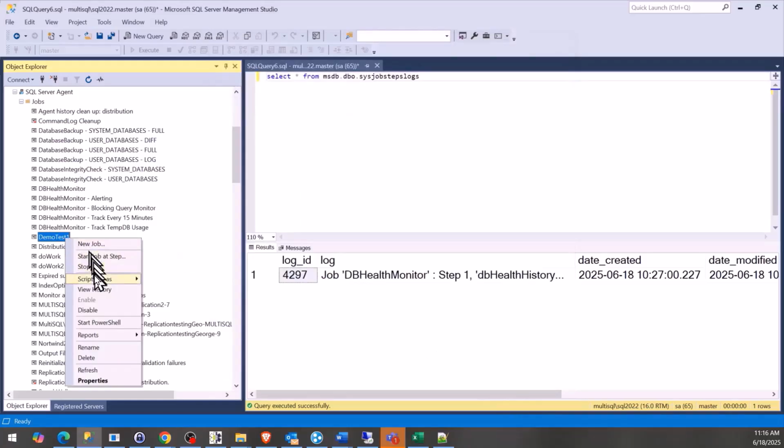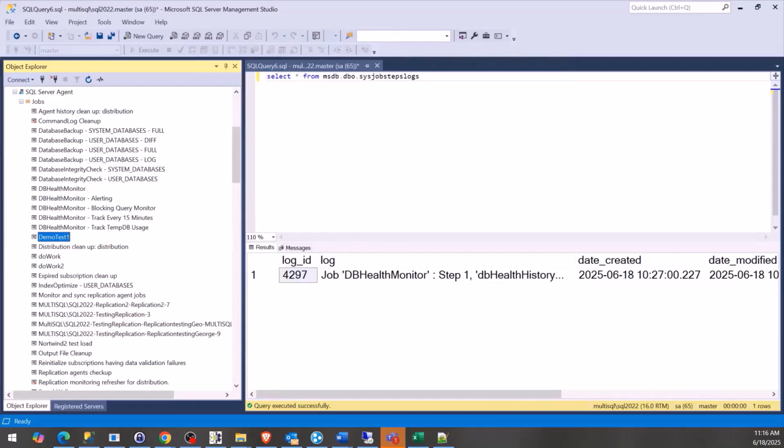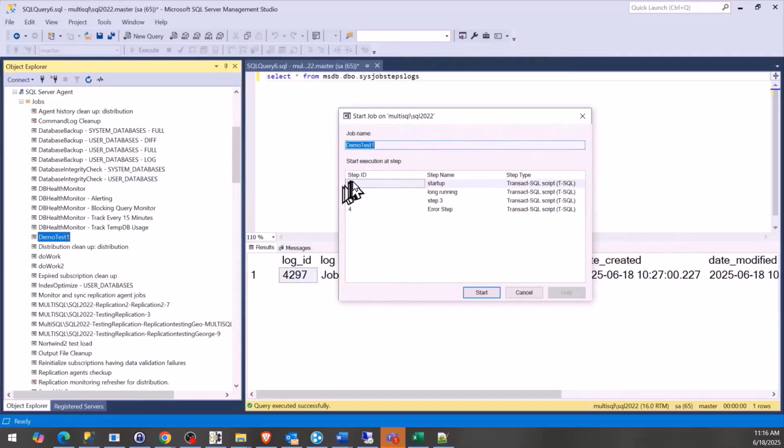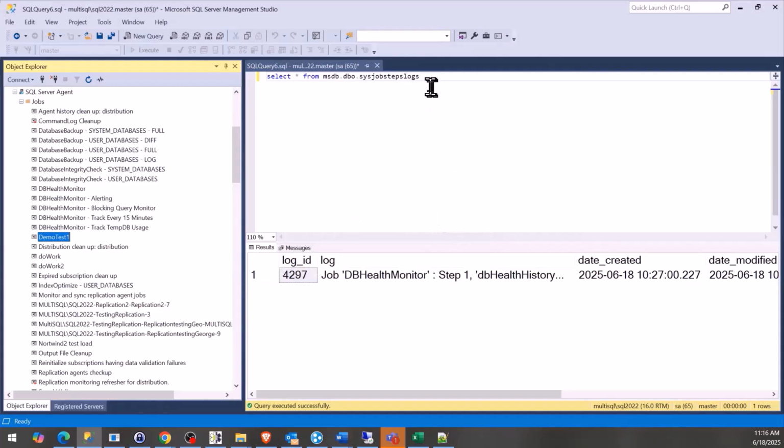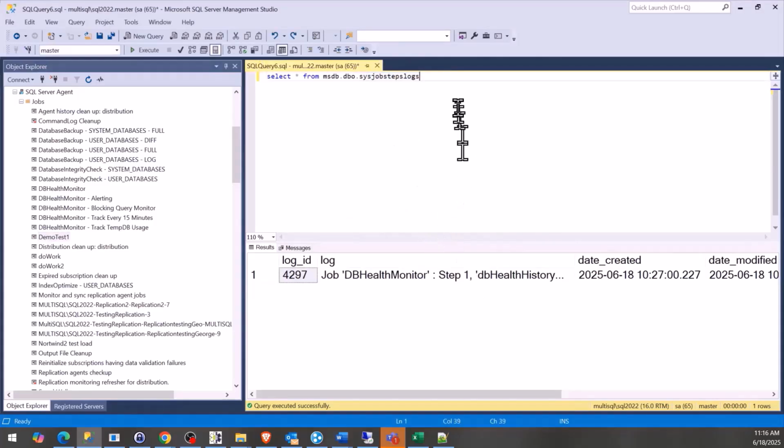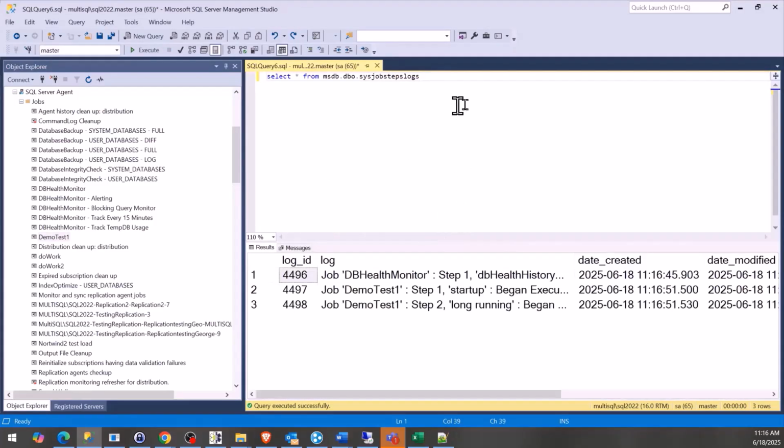I'm going to run start job at step. I'm going to run this job, starting at step 1. And then when that runs, it's going to log into the sysjobstepslogs table. And we can see now there's 3 entries there. There was DB Health History 1 that was there previously, and then job demo test 1, step 1 and step 2. So if we wanted to see the output from that, we could just copy this from here, open it up in a new tab,